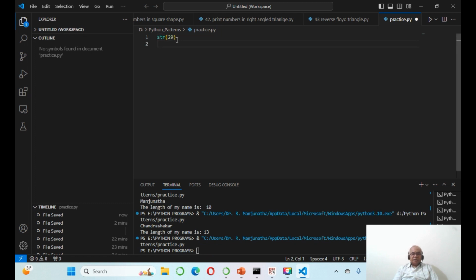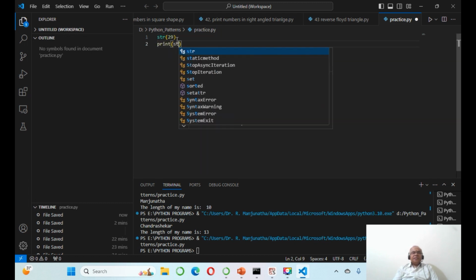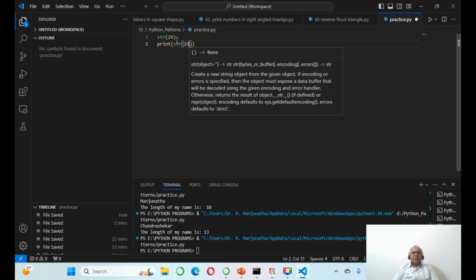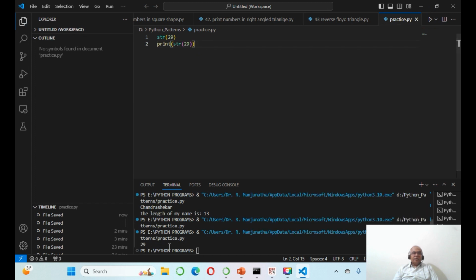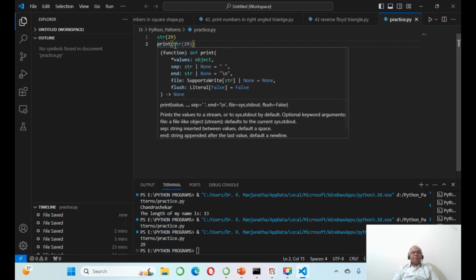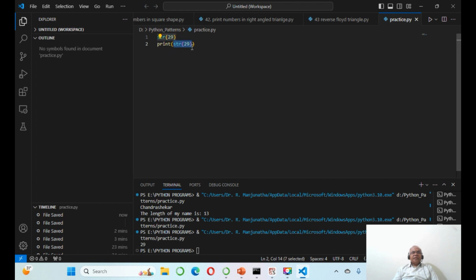So I will call this print str29. See what happens now. It will go to print 29 now here. Now I want to print I am 29 years old. So to do that, I will take this print